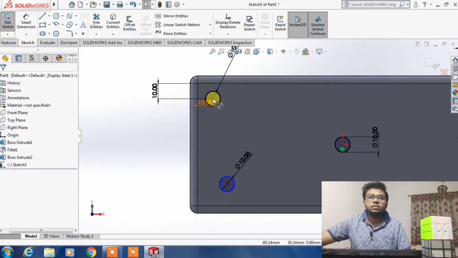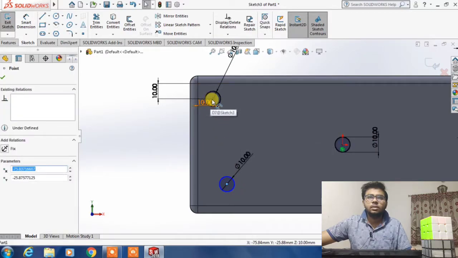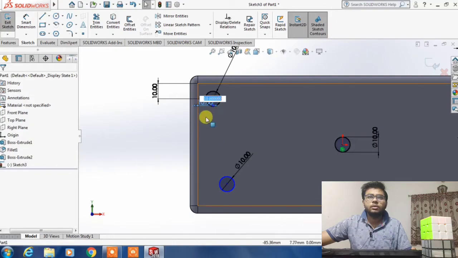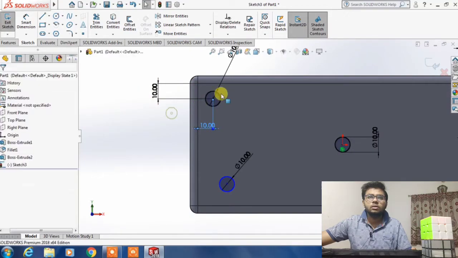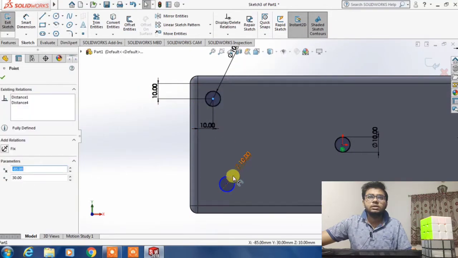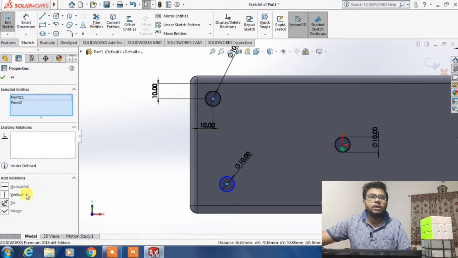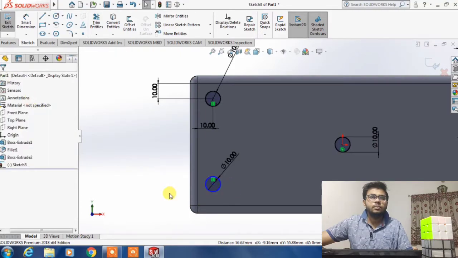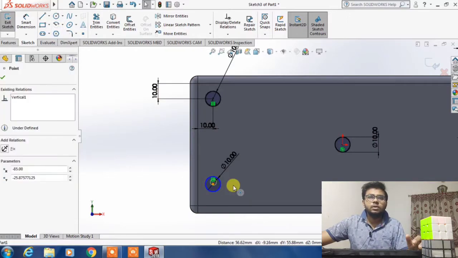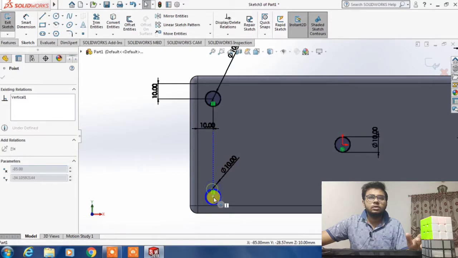Now just click this point and this point. Make the relation vertical. You can see, this is vertical. Now again this is movable. You can see this is moving in this direction.